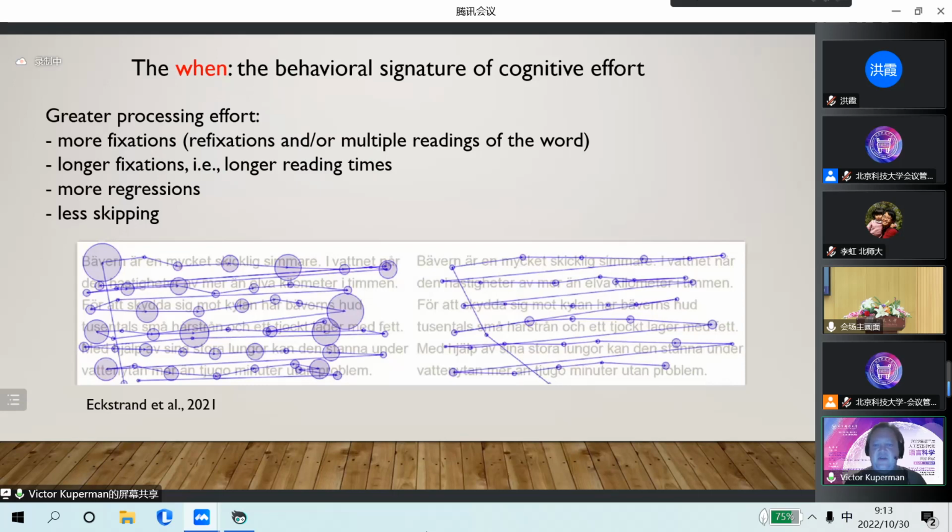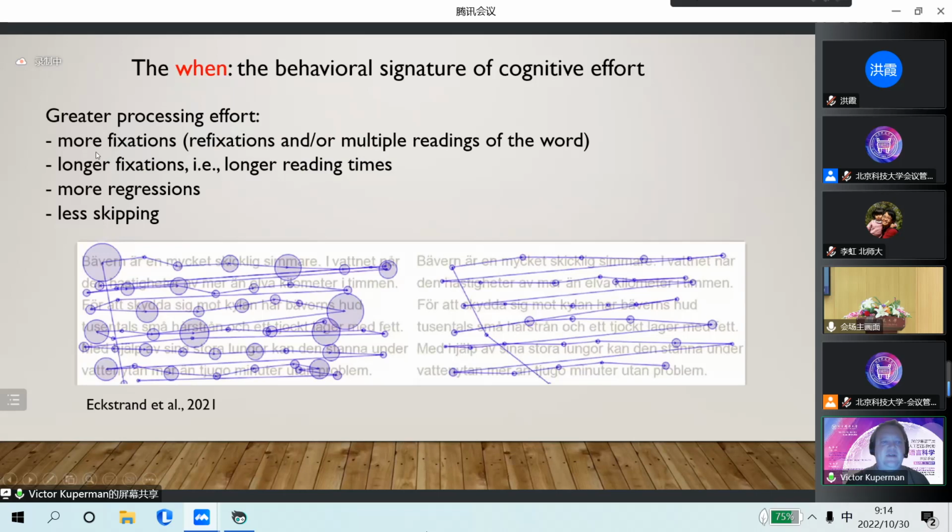What you can see here is the huge difference in the number of fixations, also the duration of fixations, which are shown as very small circles, so fast fixations here on the right, and very big circles, long duration of fixations on the left. So what we have learned through decades of eye tracking research is that greater processing effort